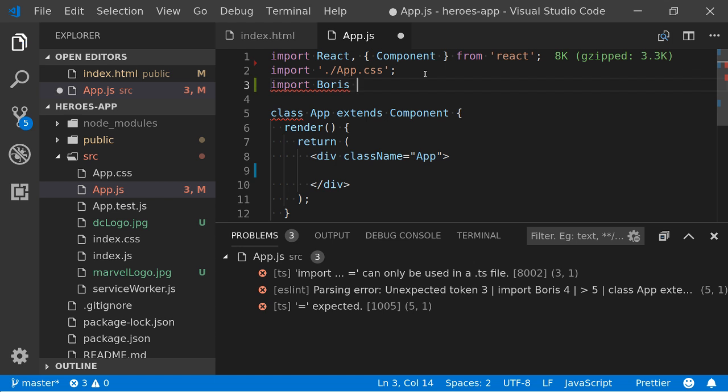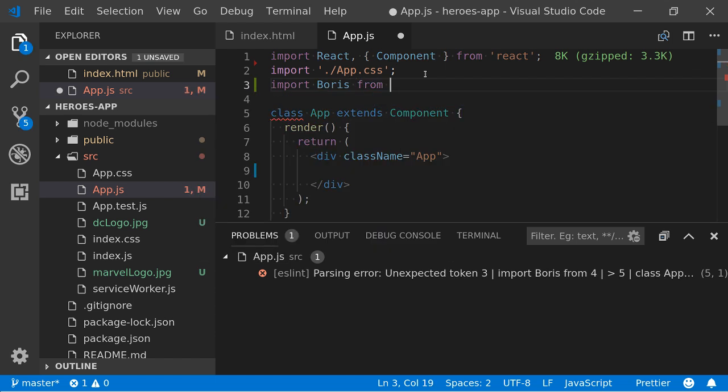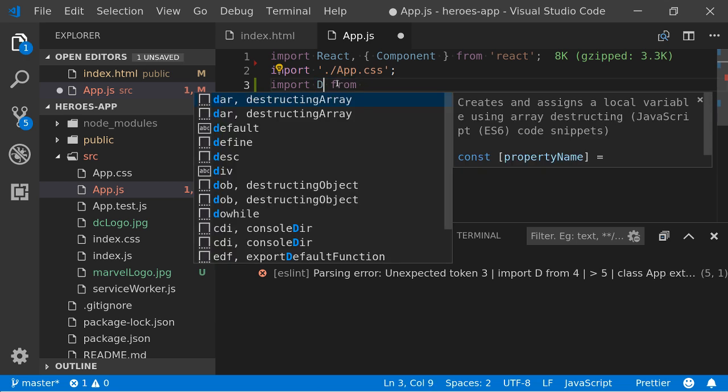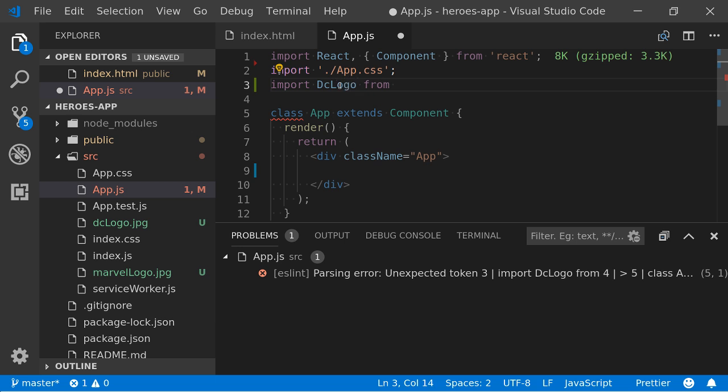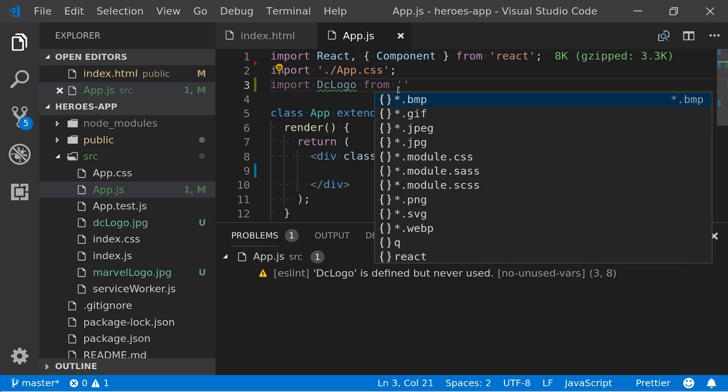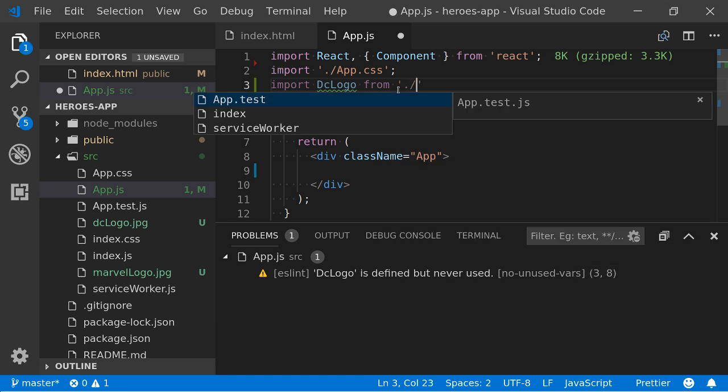Boris? Import Boris from... Does it matter? Logo, yeah. So DC logo. And where is that? Okay, so make sure it's a string, yep. And then dot slash, so the dot slash tells it it's the current folder.